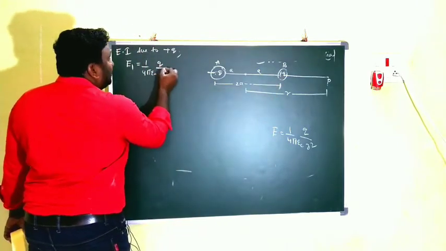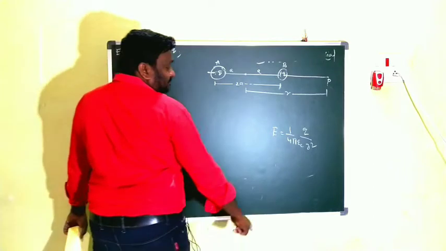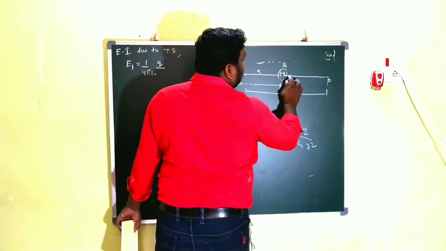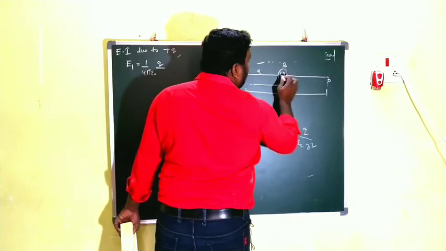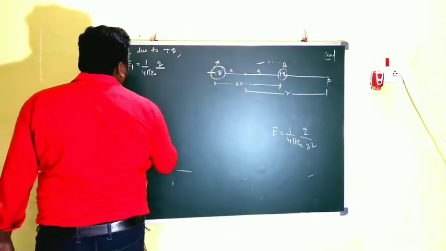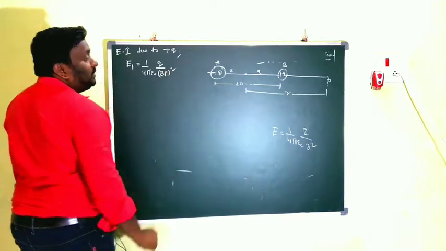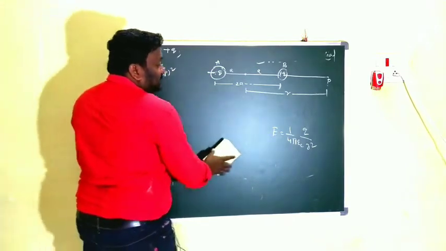q by r square. R square is what? Distance is what? BP. Distance from the point. I am writing BP square. What's that? BP square. So here now,